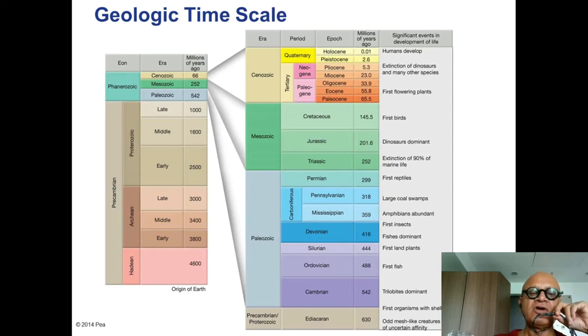So you have early Archean, middle Archean, and late Archean, and you have Proterozoic, which is early life, where we have clear evidence of life forms early on, about 2.5 billion years ago. So you have early Proterozoic, middle Proterozoic, and late Proterozoic. Phanerozoic is visible life, where you have visible evidences, fossils and other things that can be used to look at